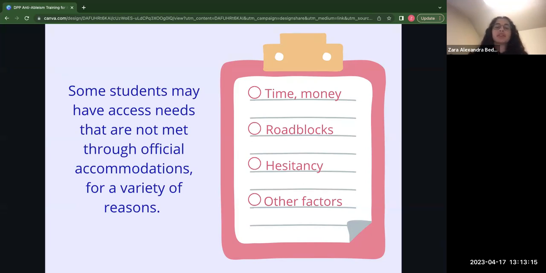Furthermore, in most situations, the burden is placed entirely on the student to figure out and track down what accessibility resources are available to them. Ask yourself if your own policies create an accessible classroom environment for your students, or what shifts to your policies you can make to achieve this goal.